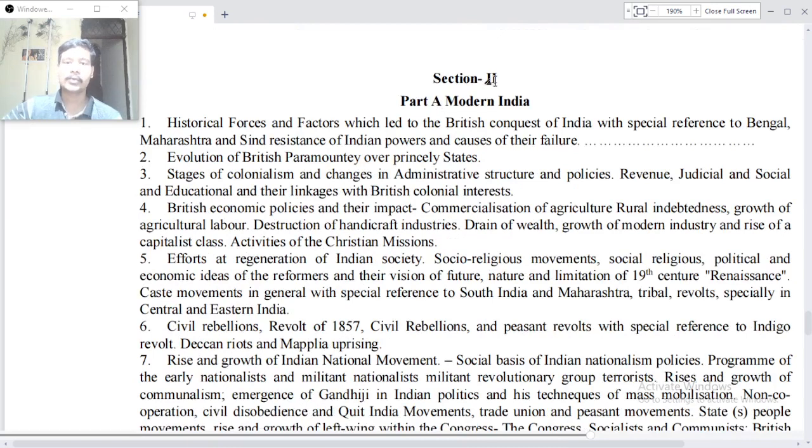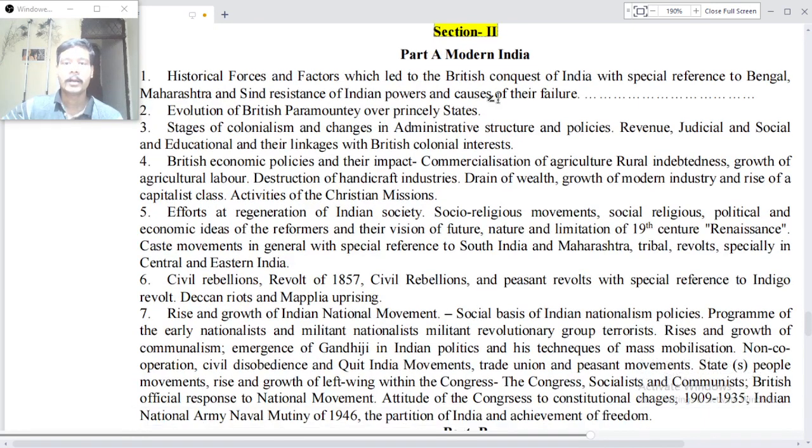Now, section 2. Modern India, historical forces and factors which led to the British conquest of India, with special reference to Bengal, Maharashtra and Sindh, resistance of Indian powers and causes of their failure, evolution of the British paramountcy over the princely states, stages of colonialism and changes in administrative structure and policies, revenue, judicial, social and educational, and their